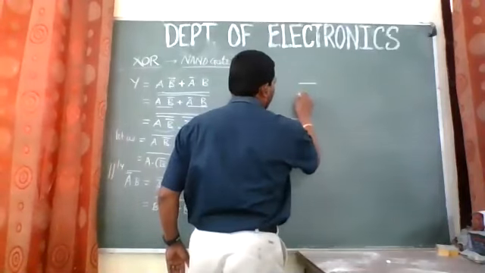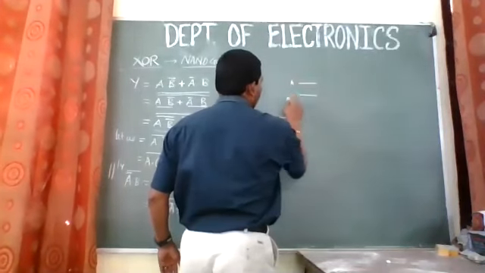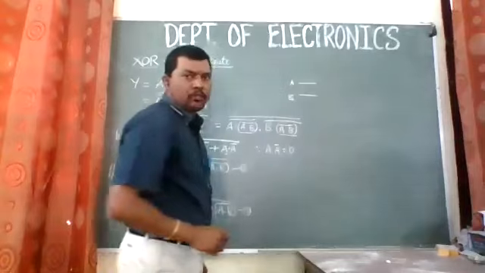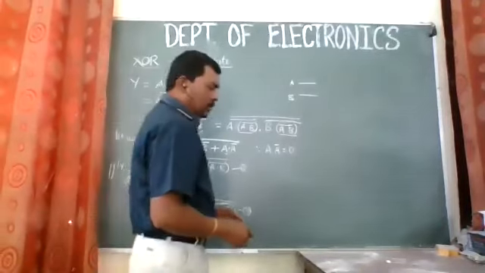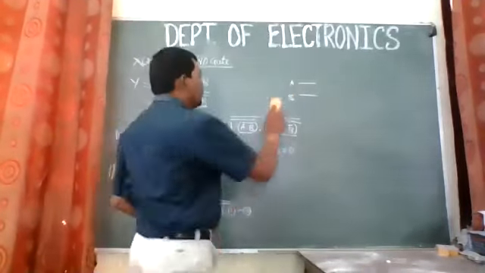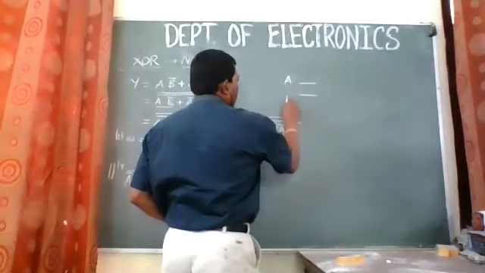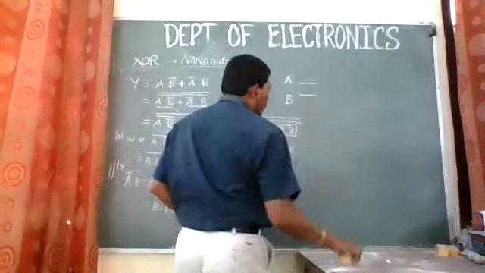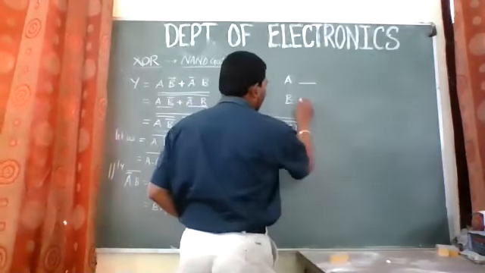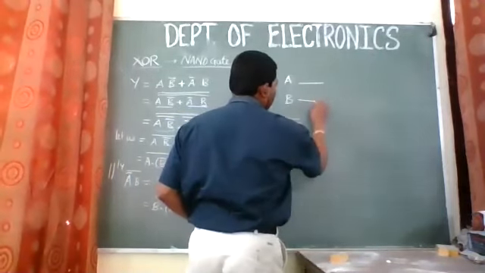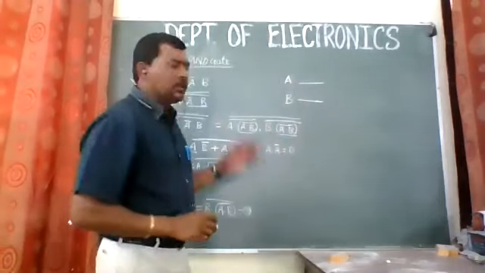We'll have two variables. One we will call A, and the other one I'm calling B. I guess it is visible. I need to write it a little bit broader. So this is A and this is B. So we have two variables, or two inputs, like this. I guess it is visible now.